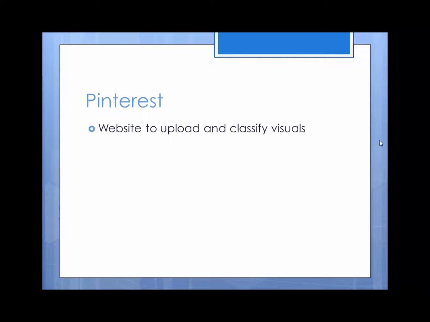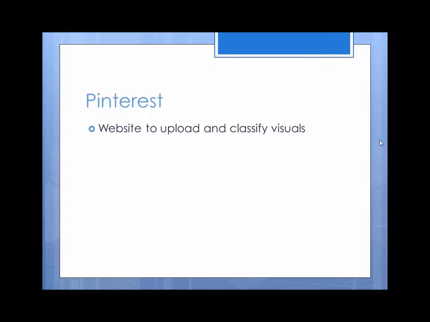Pinterest. Pinterest is one of those sites that didn't get started on the West Coast. It didn't get started on the East Coast. It got started right here in the middle of the United States. Another thing about Pinterest is that it took off basically because of word of mouth. And another thing that's interesting about it is that women in their 40s, who were in the arts and crafts circle, were really responsible for getting it started.